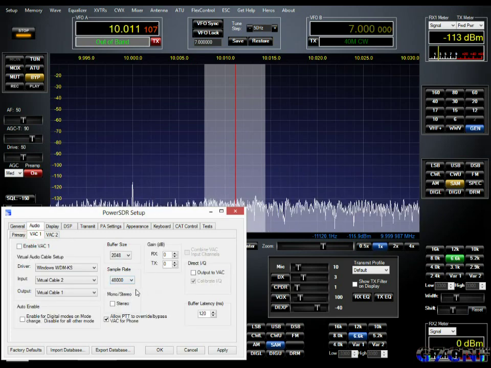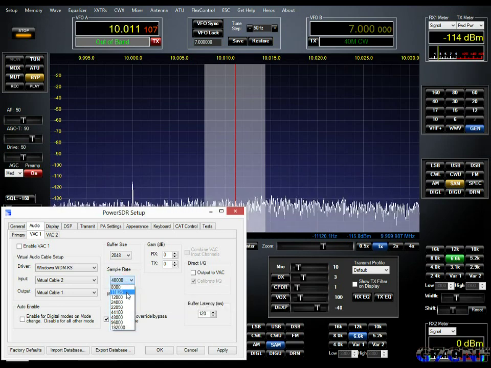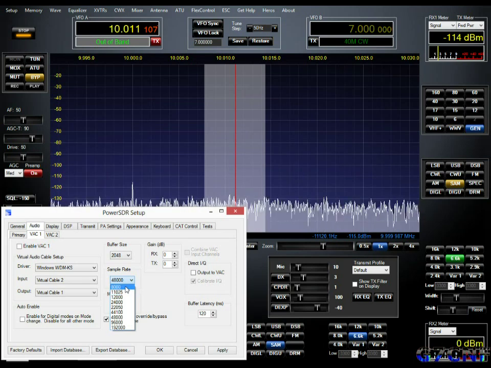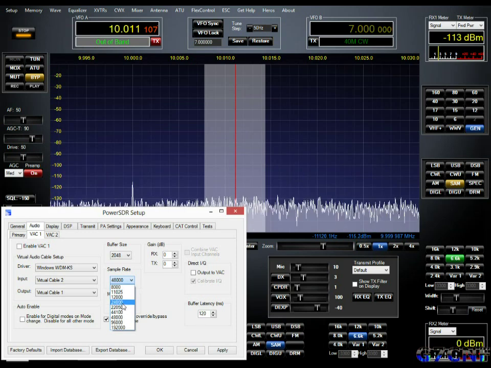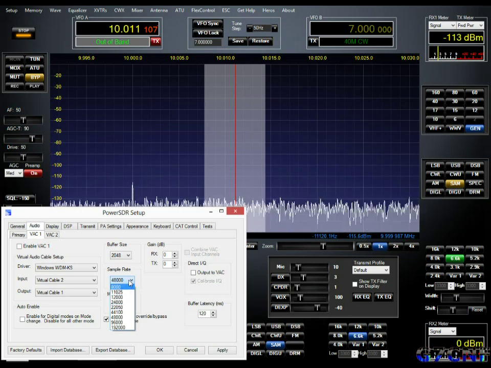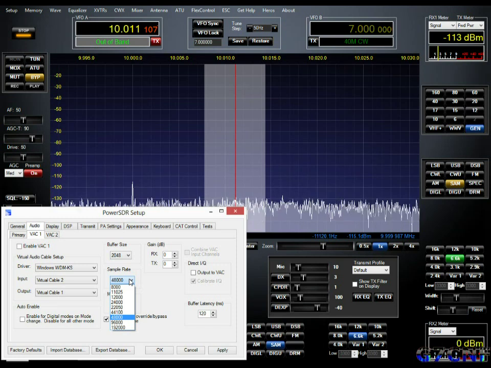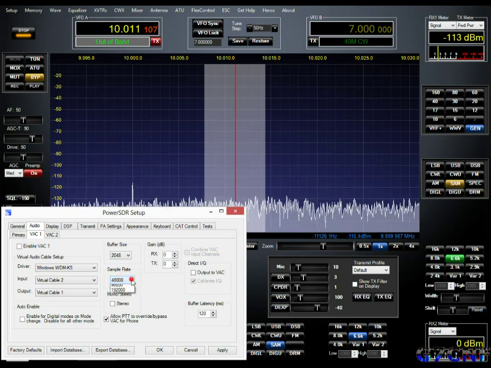In VAC, the sample rate, we are talking about the actual sound card sample rate. Nothing to do with the Flex, nothing to do with the spectrum display, purely the sound card itself. Now, some sound card programs like to operate at 11025, some operate at 8000. And although some sound card programs provide other options of running higher sampling rates, in reality they tend to resample. I would recommend leaving it at 48 kilohertz if you can,